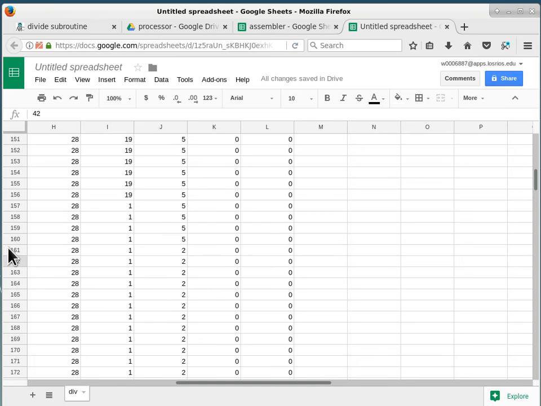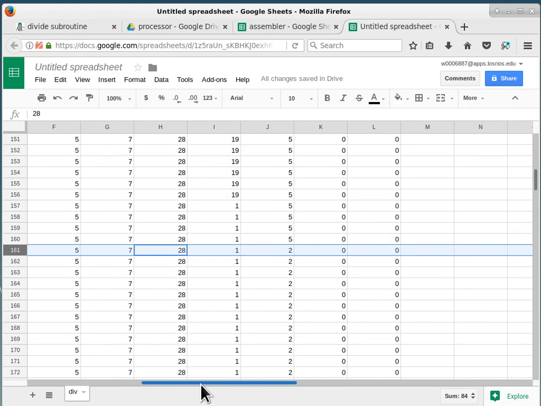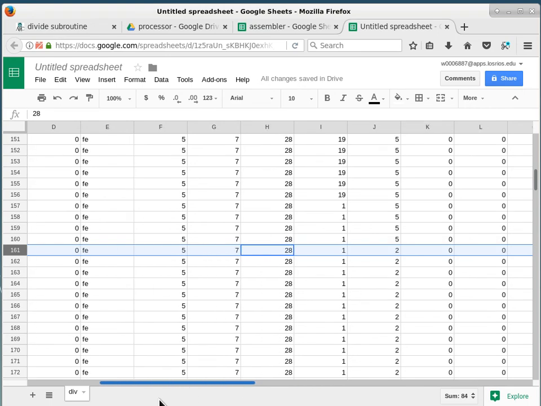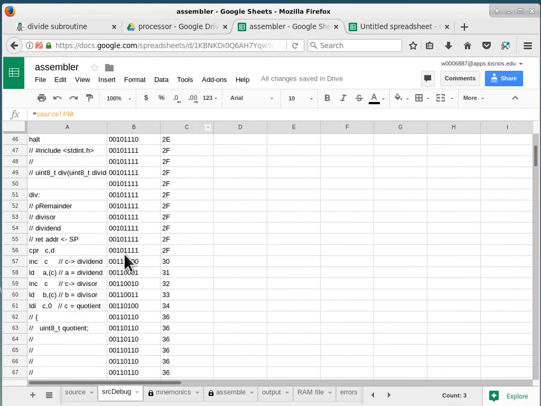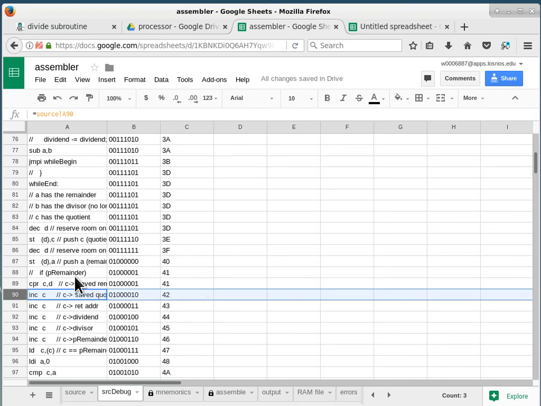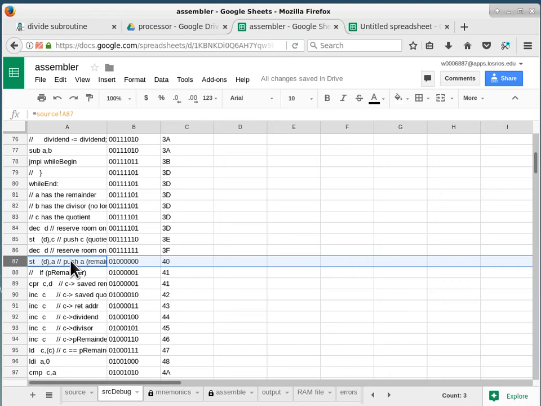This row here is storing a value of 2 on the stack. And the address of the program counter corresponding to that is 41. Okay, location 41. And according to this, at location 41, okay, so it is 40 that stores it. So it is pushing the remainder. So the remainder was pushed correctly, but it was not